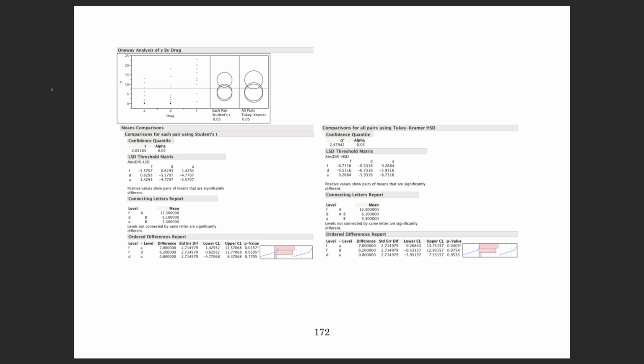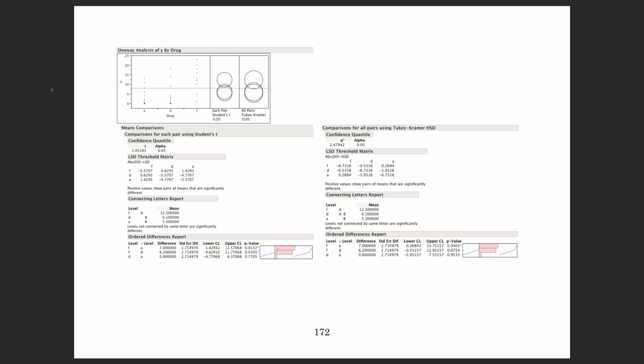So that looks like good news, but of course this is not taking into account the fact that we're doing 3 tests, not doing 1. So we look at the right-hand side where we've taken into account that we're doing multiple tests. You'll see first of all in the middle there, the connecting letters show that actually we can no longer distinguish between drug D and the placebo because they both have a letter A there, but we can still distinguish drug A from the placebo. So if we look at the differences, of course, the mean difference hasn't changed, the standard error hasn't changed, but the